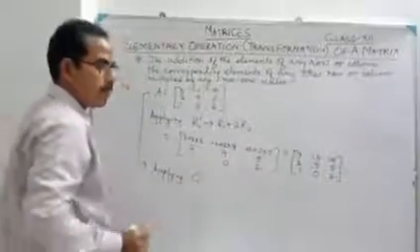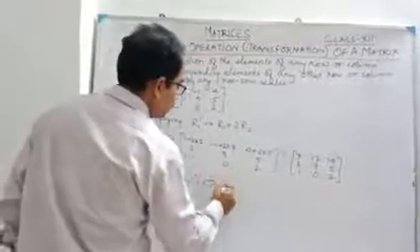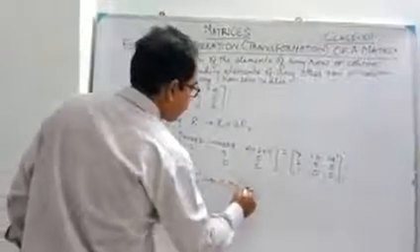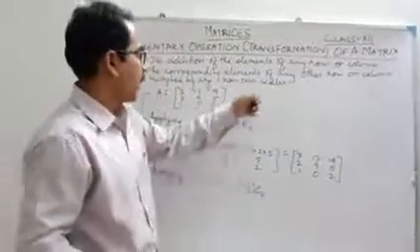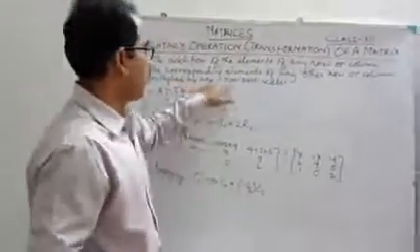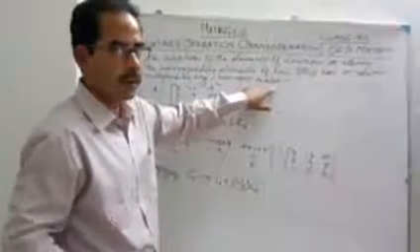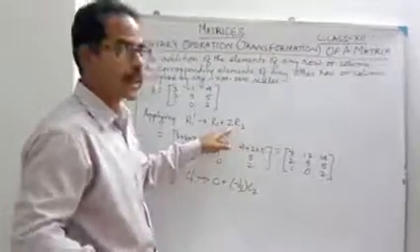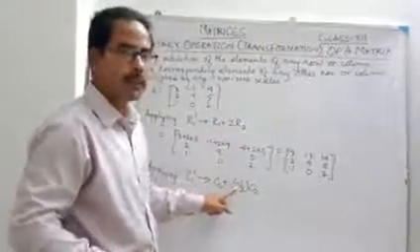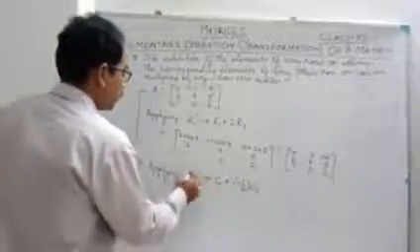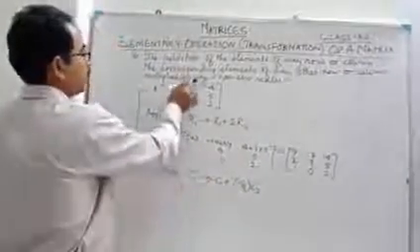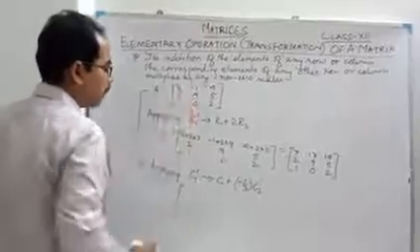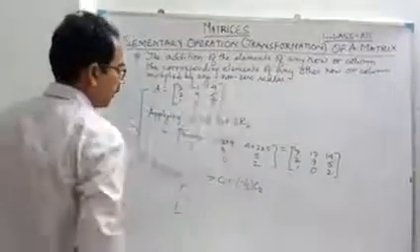In a similar way, if we do the operation over the column from here, suppose C1 prime tends to C1 plus minus 1 by 3 C2. One more thing to note: as I told you, it is any non-zero scalar quantity. So here 2 is the scalar, and here minus 1 by 3 is the scalar. C1 is going to change. C1 means this one, this one will be reframed. C2 and C3 will be as they are.